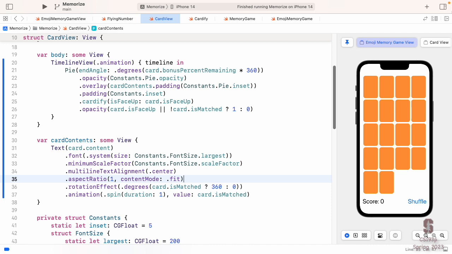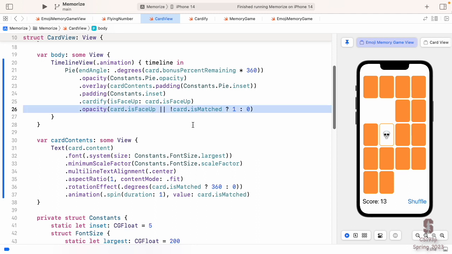Remember this thing, dot transition, that I talked about, which is the coming and going of views when they come and go, and animating that. Let's try and do something here that helps us see that visually. What I'm going to do is the disappearing of the cards when they match. When we click on cards that match, like these two guys, when I click on the next card, they simultaneously flip and fade, which is actually kind of weird because the fading of the flip kind of breaks the illusion of the flip. So we don't really want that.